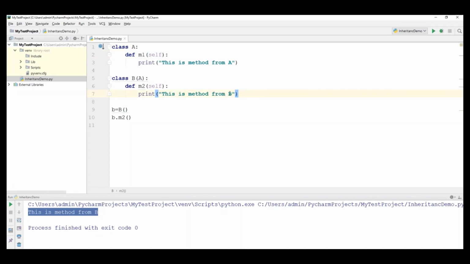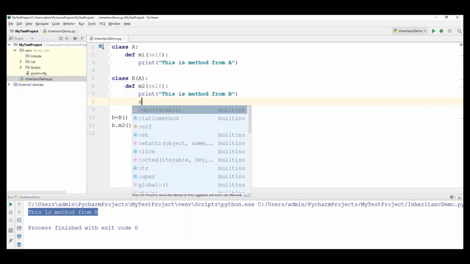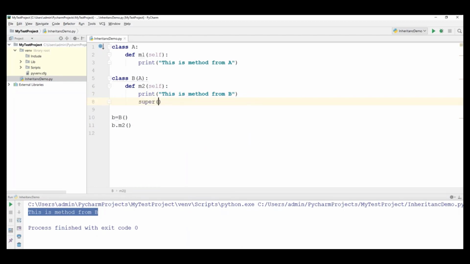Here we have to use the super keyword: super dot the method name. That's it. This is the first usage: we are calling the parent class method using the super keyword.